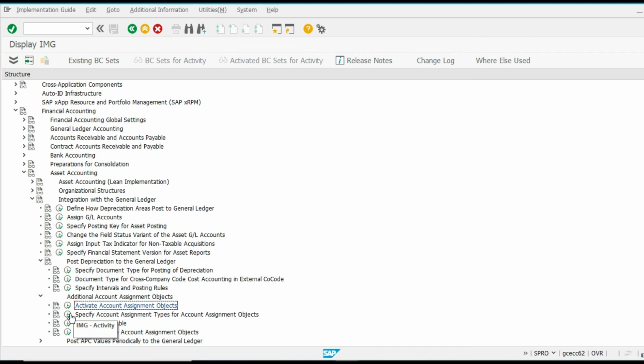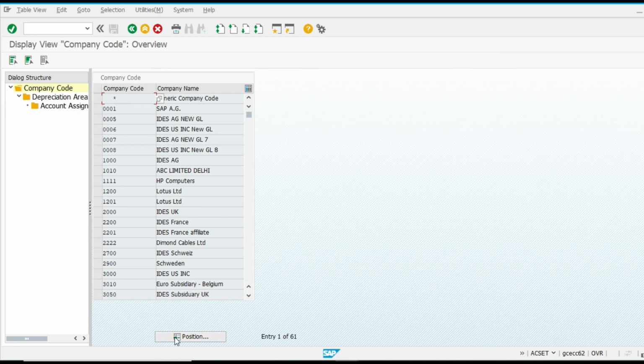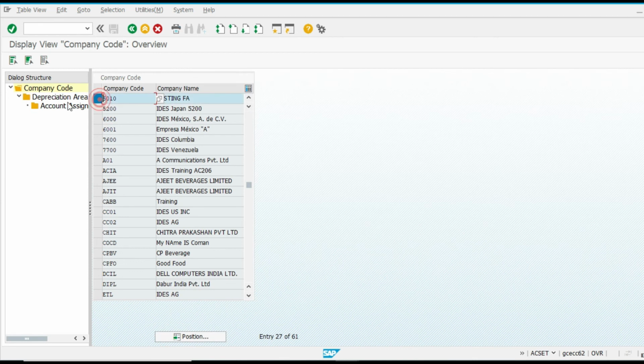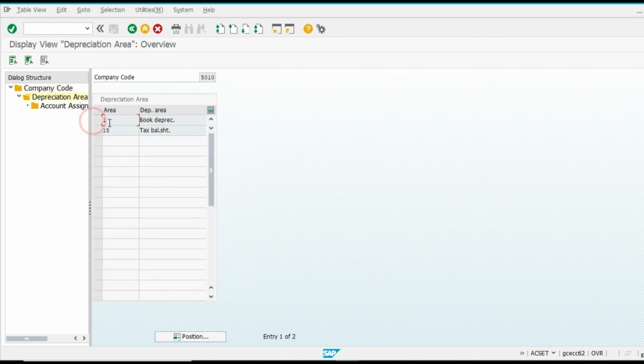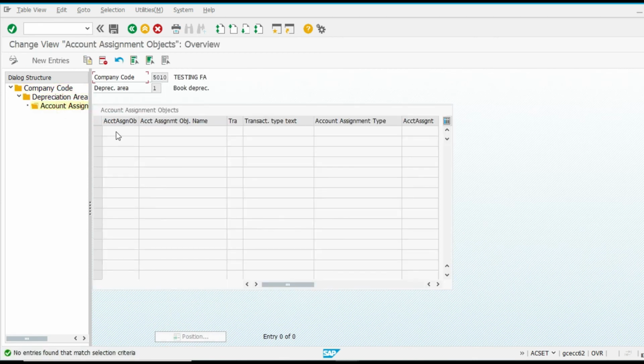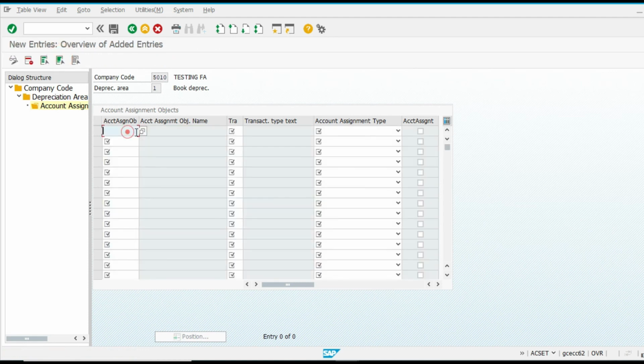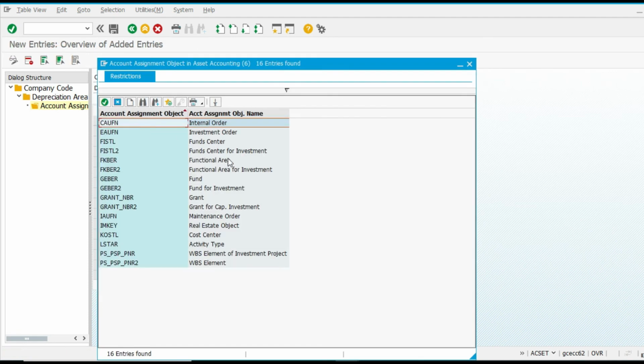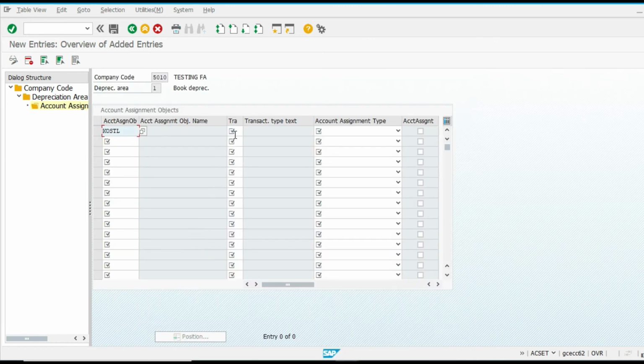Now the last one is specify account assignment type to assign object. Let me show you. Go to depreciation area, select your depreciation area, and then account assignment object. This is the controlling. Suppose I want to post the entries on cost center.